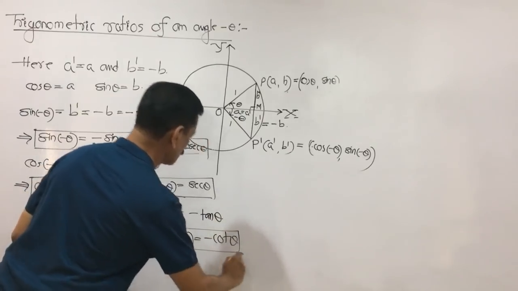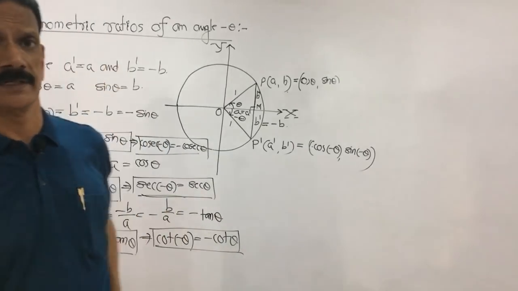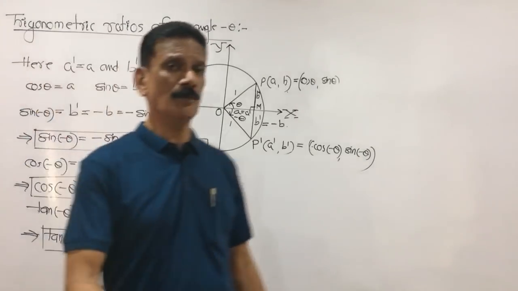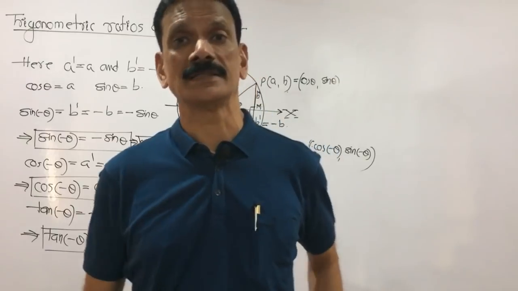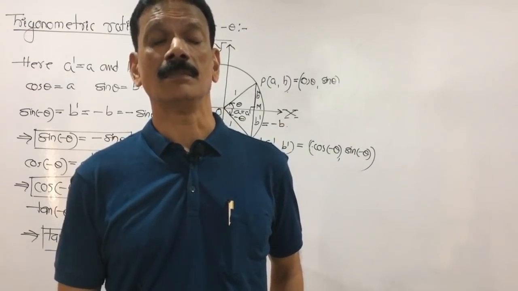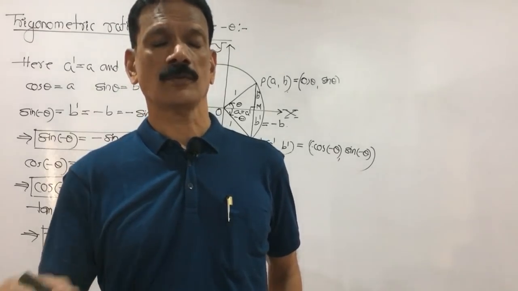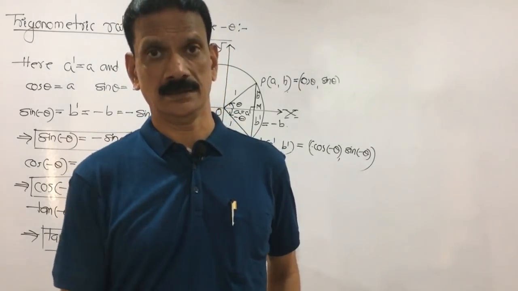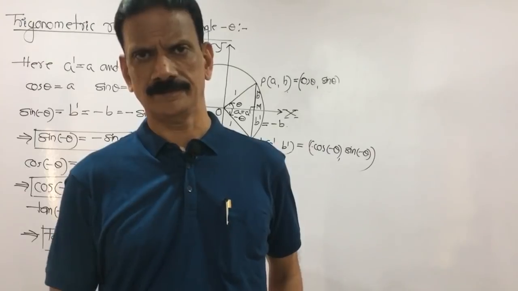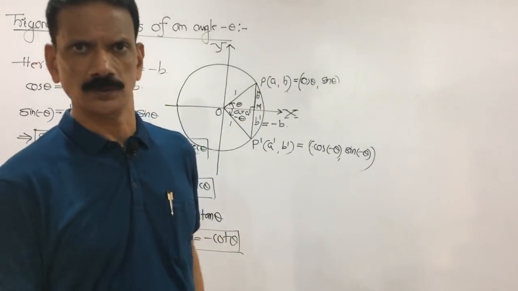Remember these formulae, which are very important. You will not get the derivation in the examination, so don't worry about that. You only have to remember sine of minus theta as minus sine theta. For example, sine of minus 90 is minus sine 90, which means minus 1. Cos of minus 60 is cos 60, because cos of minus theta is cos theta. And cos 60 is how much? Half, 1 by 2, from the table.